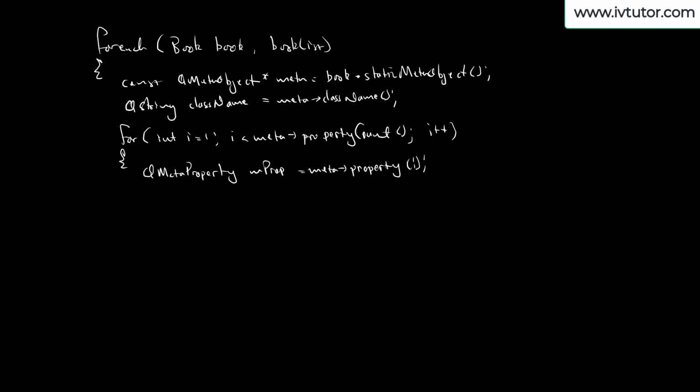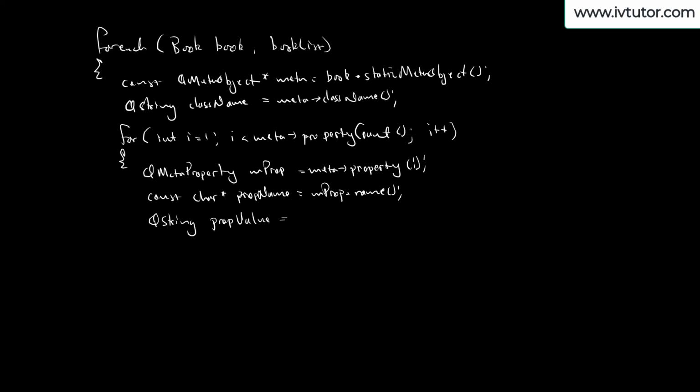Once you get your meta property, now you can get your property name and value. So I can go const char star propName equals mprop dot name. There. Then your property value, QString propValue